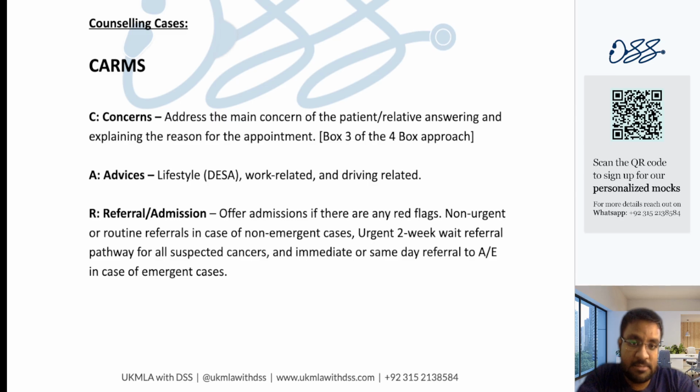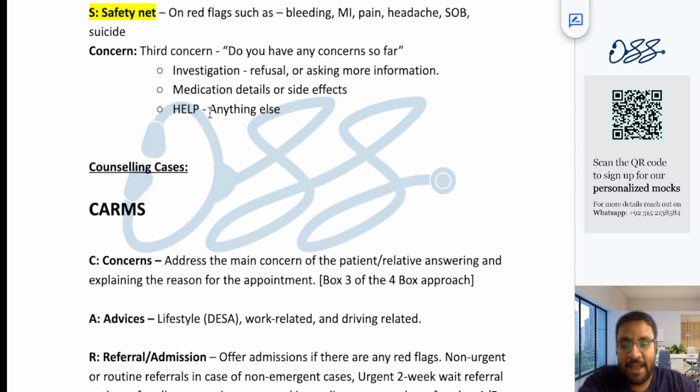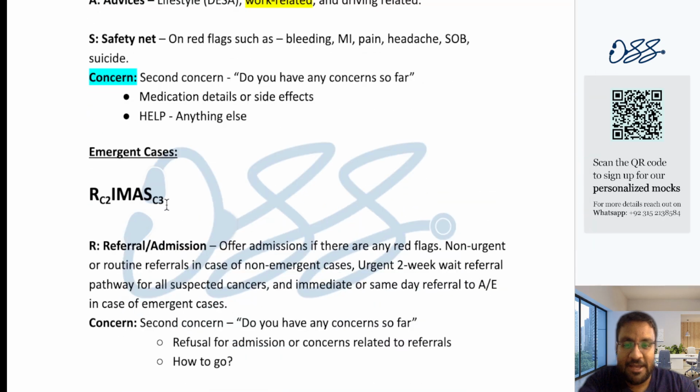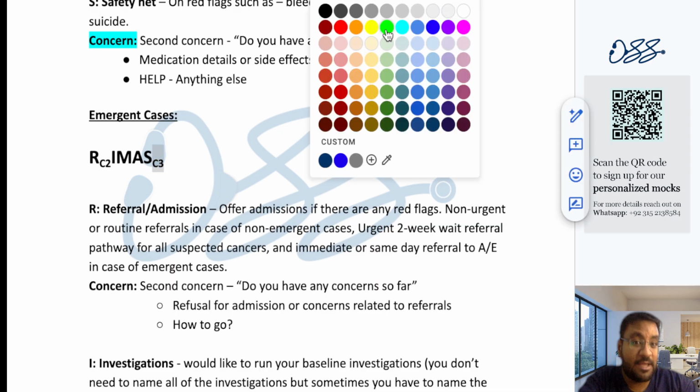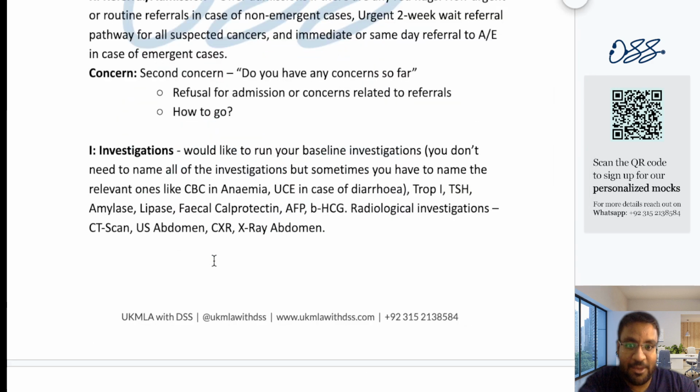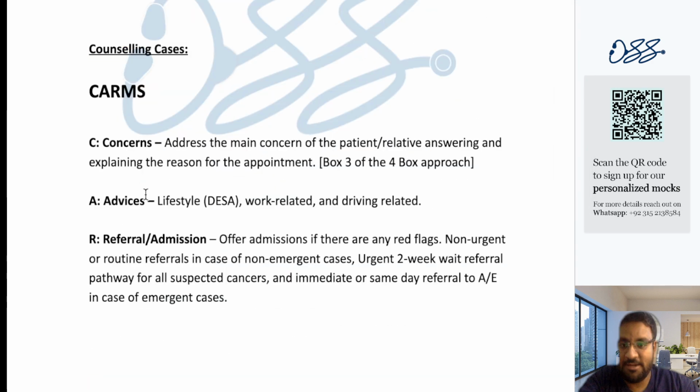Okay, and the first and the foremost thing in any counseling session is basically addressing the concerns, giving advices. Okay, that is very, very important. And that is why this brings us to the protocol for the counseling session, that is the CARMS. Okay, the concern is given a separate level of importance, a separate degree of importance. And it's not the small c that I mentioned over here in the IRMAS and the REMAS protocols. It's not a small c, because I want to show you the severity and the gravity of the situation, how important the concerns are.